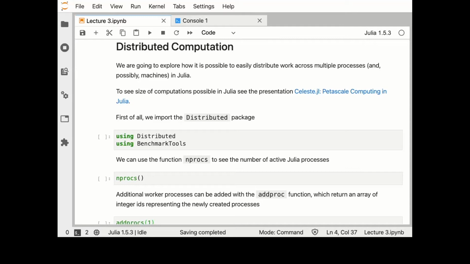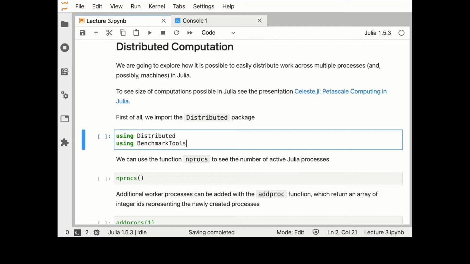But in addition to this, we also have the possibility of using multi-threading, or also the possibility of increasing the serial performance, for example, using the @simd macro. The @simd macro, for example, forces the use of vector instructions if they are provided. And then we can also use CUDA.jl to directly use the graphics processing unit. And this is usually quite simple because